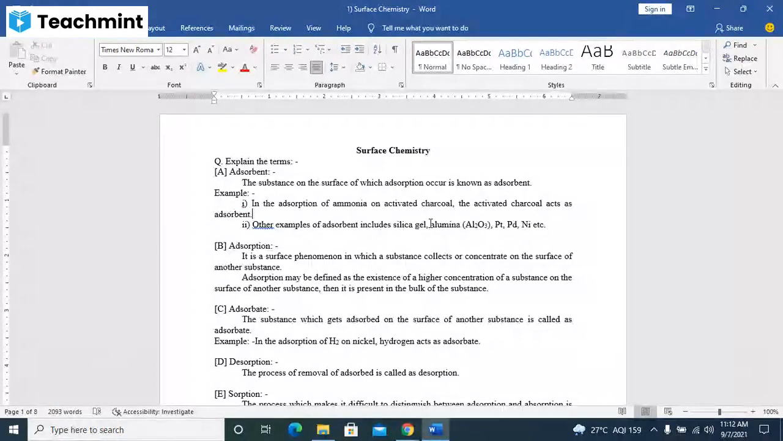Adsorbate, very important. The substance which gets adsorbed on the surface of another substance is called as adsorbate. मतलब चारकोल पाउडर, अगर चारकोल, एक्टिवेटेड चारकोल अगर adsorbent है तो अमोनिया क्या हुआ? Adsorbate. Okay. Then the desorption, the process of removal of the adsorbed